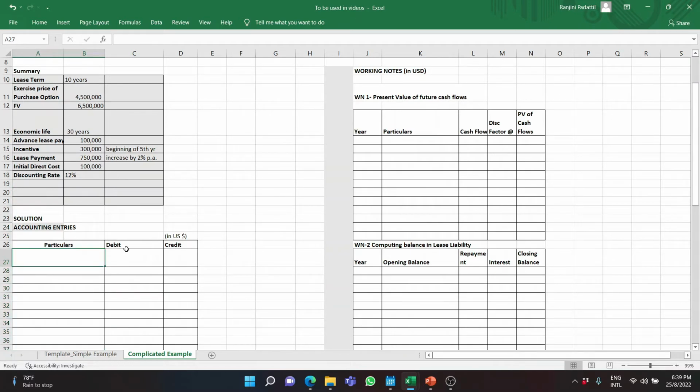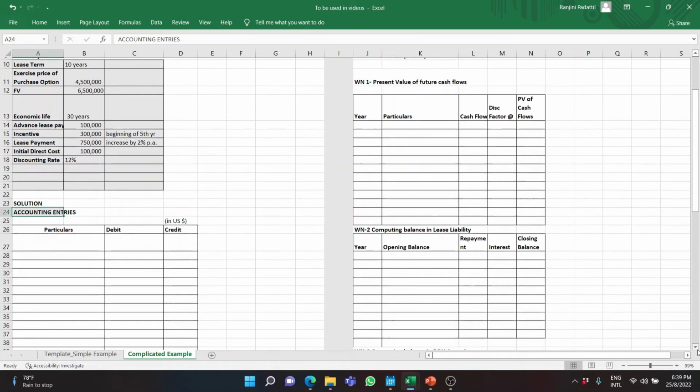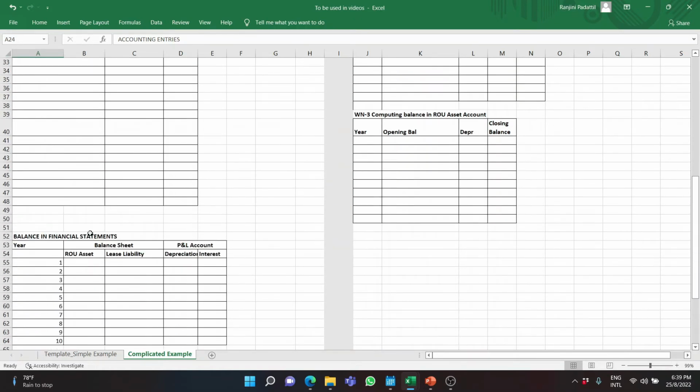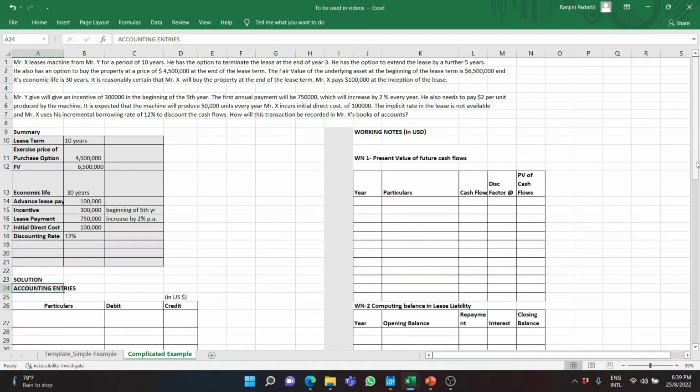Like I discussed in the previous example, please look at solved questions of your examination to understand the format in which your solution is expected. I like to give the accounting entries in the first year and a simple table which shows the balances of the various components in the financial statements. Let's go to the first working note. This is common, like I said, across all lease accounting problems. It is to calculate the present value of the future cash flows. The first cash flow that they are saying over here is